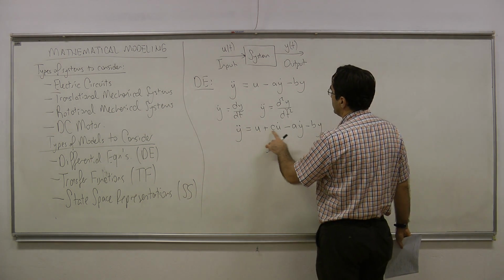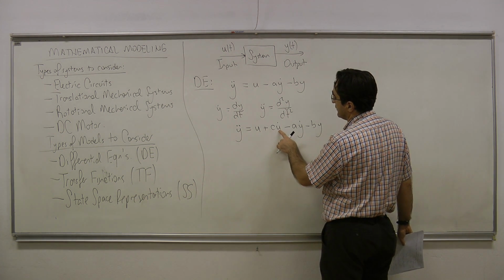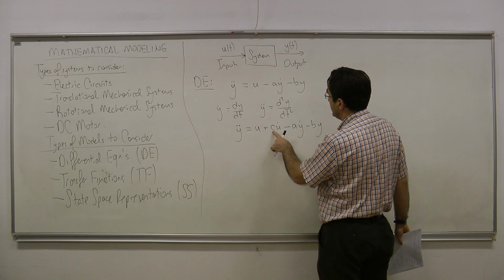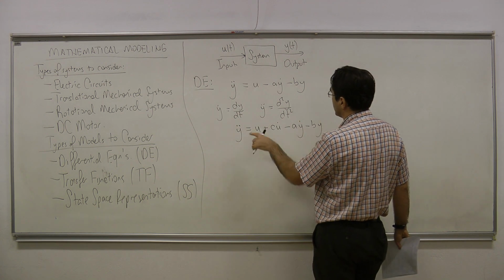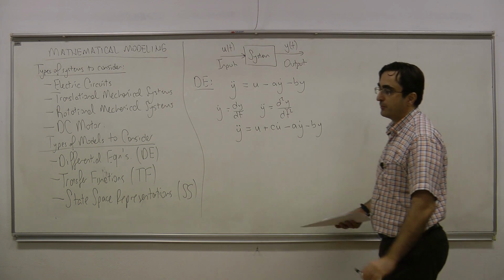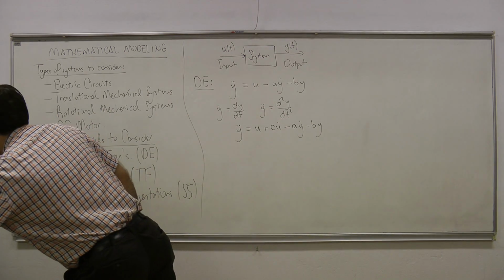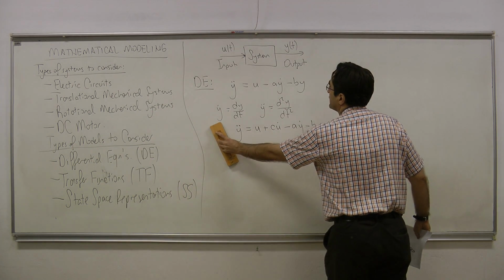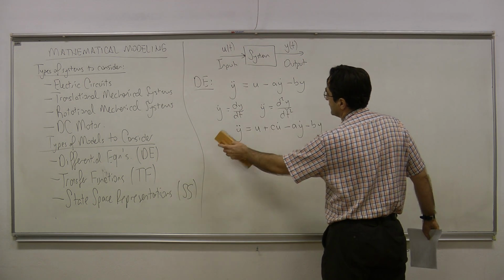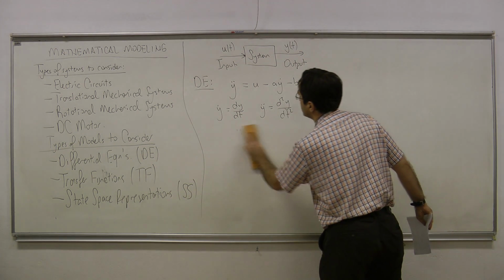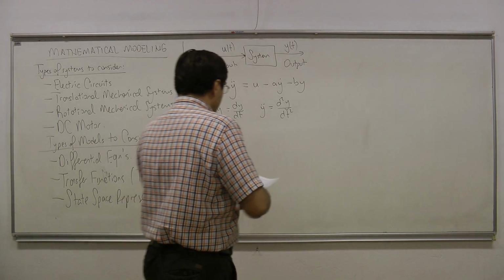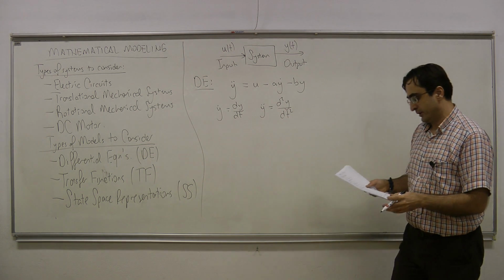So here again, all variables are passed through linear functions. Derivative is a linear function. Multiplication with a scalar, constant scalar, is a linear function, etc. And the coefficients are constant with respect to time. So this is also another differential equation type that we are going to see. But here I don't want to keep this here. I'm going to be working with the above one, but working with this one will be similarly easy. So this is our differential equation, and